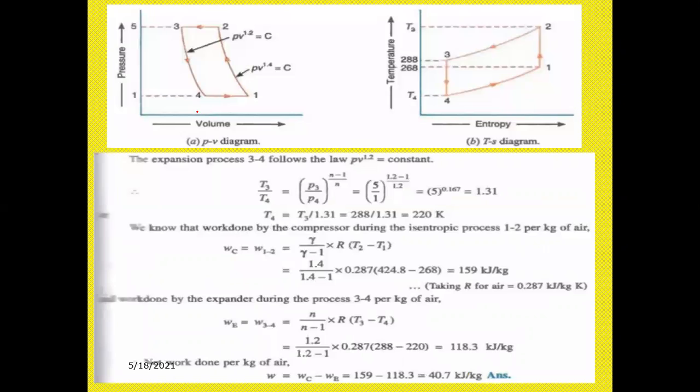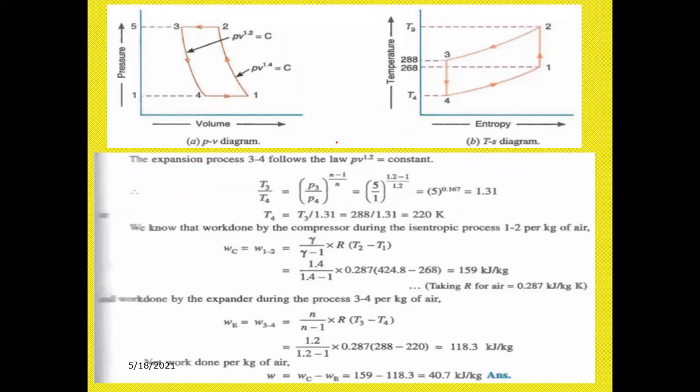As you draw on the figure, you can easily identify the pressures 1 to 2, 2 to 3, 3 to 4, and 4 to 1. The temperature is the same thing, 1 to 2, 2 to 3, 3 to 4, 4 to 1. Got it? Next. So the expansion process 3 to 4 follows the